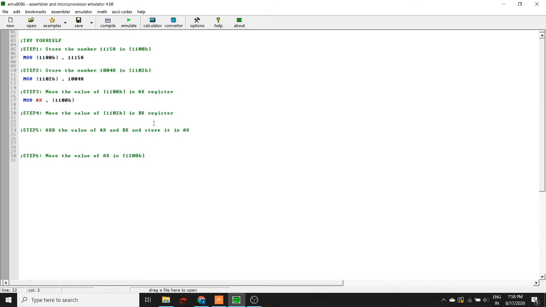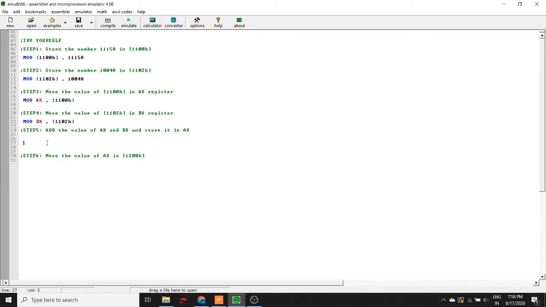Now the step 4 was move the value of 1102H in BX register. So I will write move BX, 1102H. So this will store the value that was there in this location in our BX register.